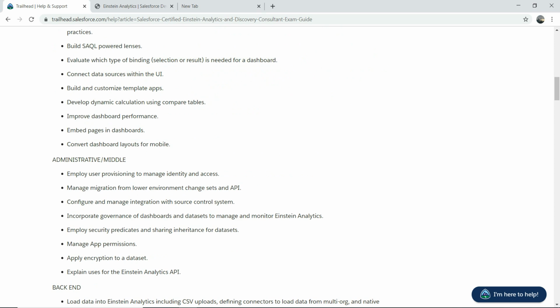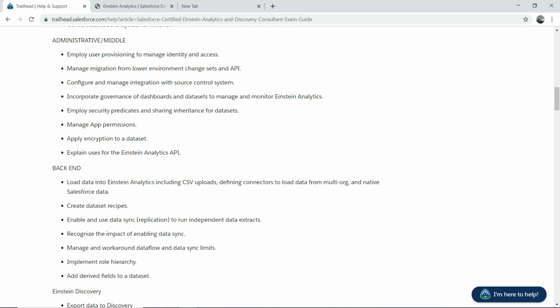Then you need to know about the middleware, right? So you need to know how to manage app permissions, how to encrypt the dataset, and how to manage integration, right? Those kinds of stuff, right? And you need to know a bit about Einstein APIs as well. APIs in the sense, not the code level, but just to understand the functionality about APIs, that's all, right? And for the backend, you need to know how to create a recipe, how to implement a dataset, that kind of stuff, right? And how to do an application